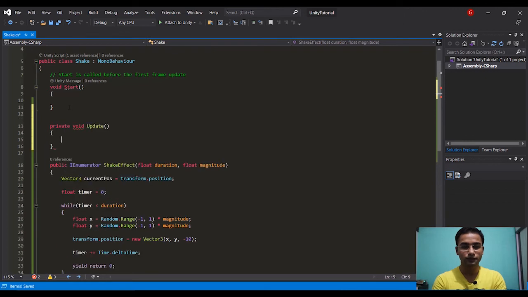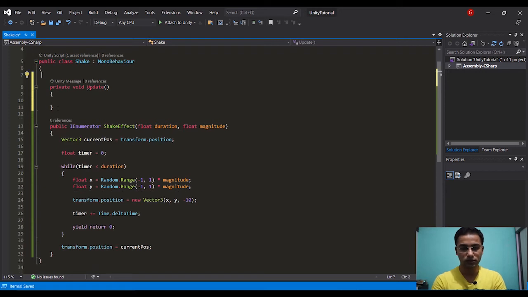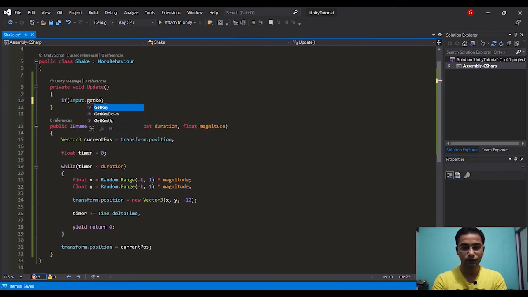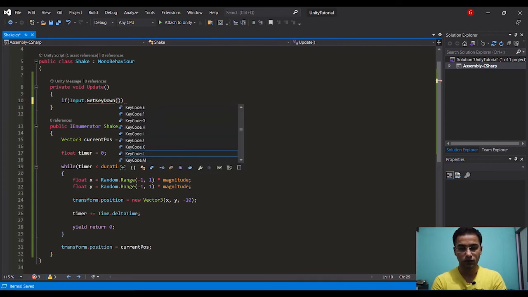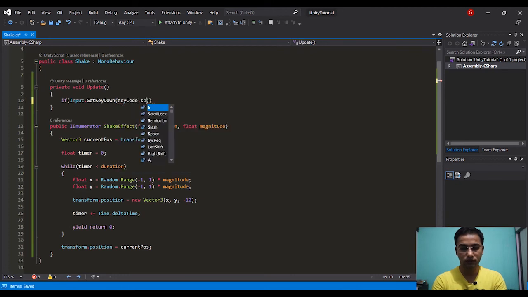Now I'm taking void Update and just removing this function and saying if Input.GetKeyDown KeyCode.Space.